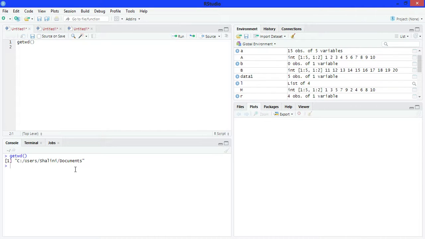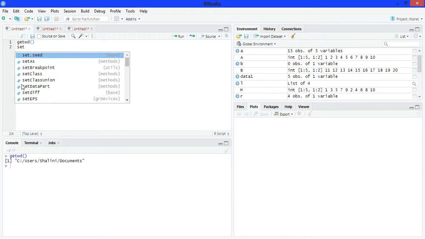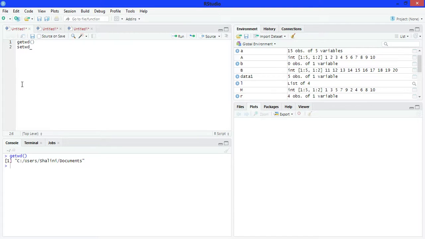You can also change or set working directory of your choice using setwd. Setwd means set working directory. By using this, we can also change our working directory. Now move your CSV file to this location. Clear it.